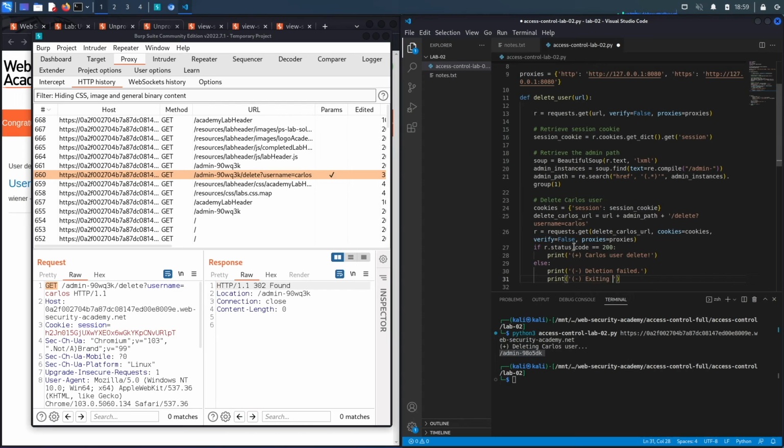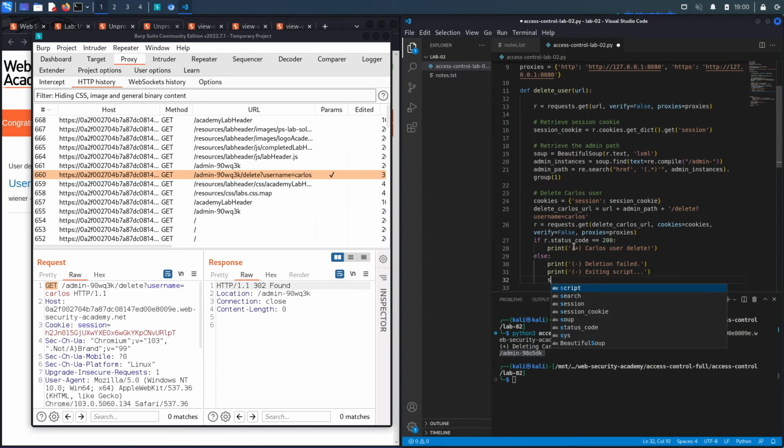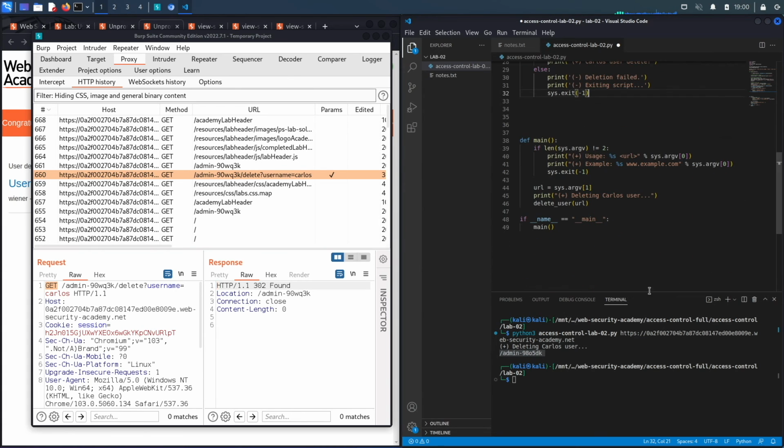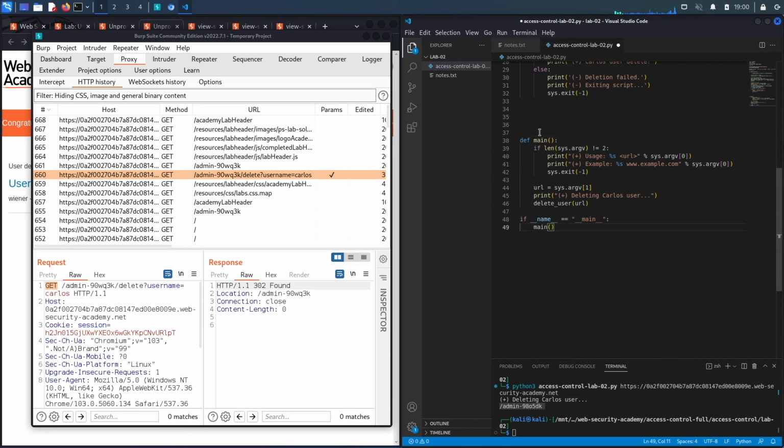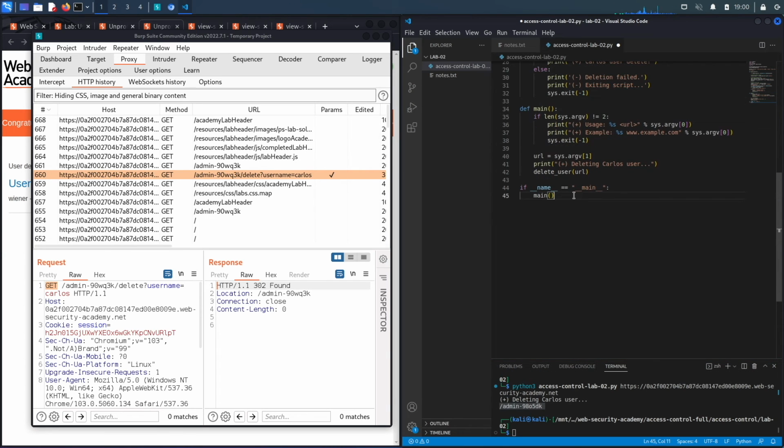And exiting script. And we're going to exit the program because it failed. Okay, this looks good. So if we go back to the entire script and we summarize it, okay, so essentially